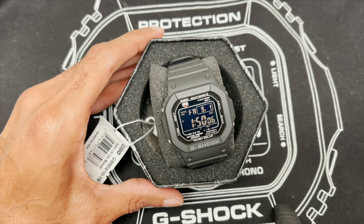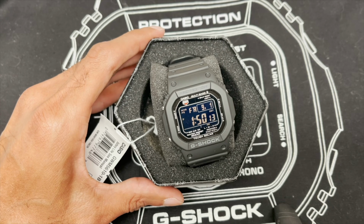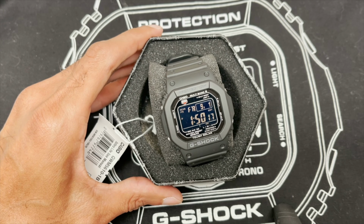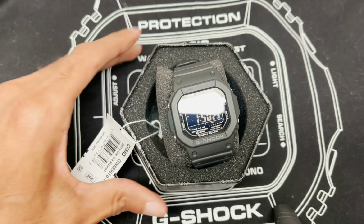So I have literally over 300 watches in my collection, all G-Shock. I have a few other high-end models, but my go-to daily watch in the field is a G-Shock. So people ask me all the time, which one do you recommend and why? And this is the watch I recommend. It's a